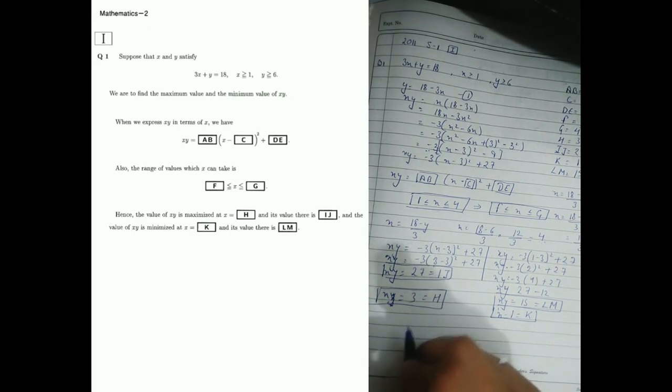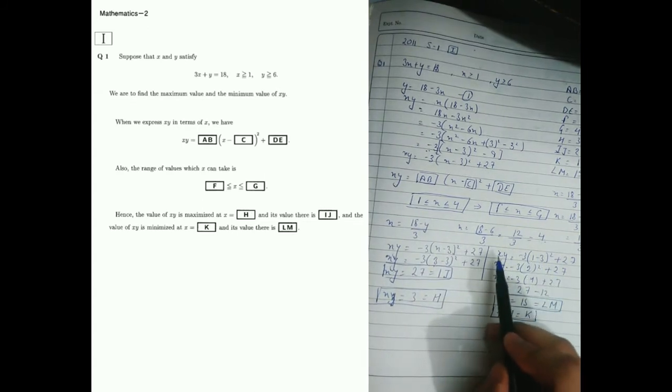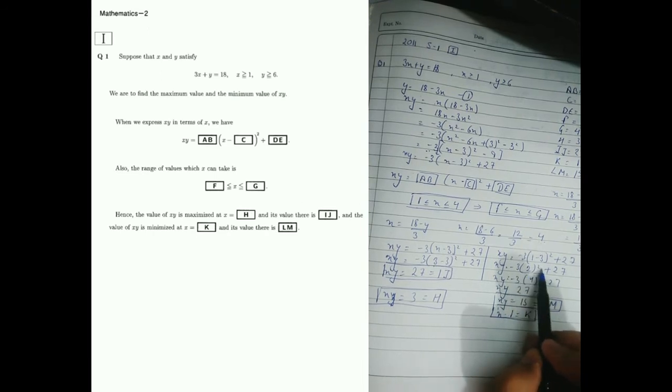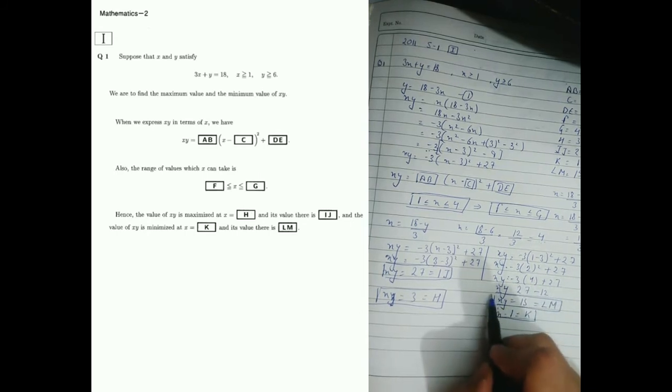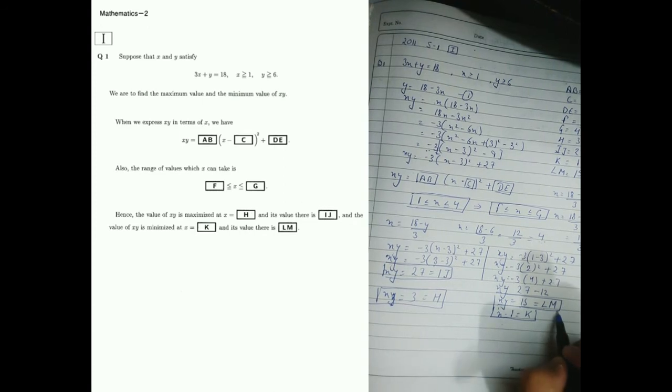So now we have to find the minimized value of xy by putting the value of x. So as we all can see this, the minimum value of x is 1. So we'll put the minimum value to get the minimum value of xy. So we are putting the minimum value, which is 1. So minus 3 times 1 minus 3 whole square plus 27. xy is equal to minus 3 into 2 square plus 27. xy is equal to minus 3 into 4 plus 27. xy comes out to be 27 minus 12, which is 15. So it is the minimum value of xy at x is equal to 1. So we have got our LM is 15, and our K is 1.